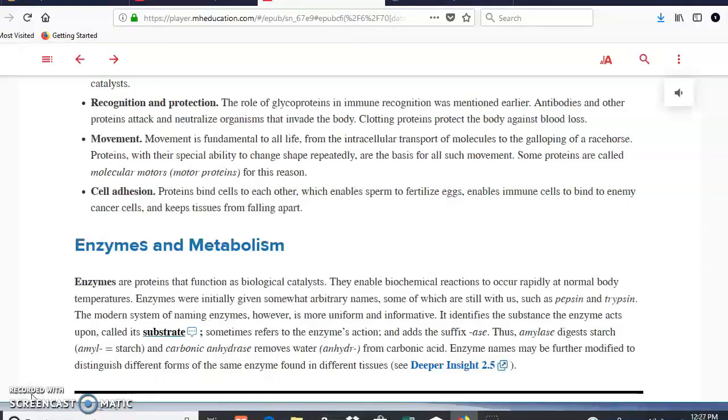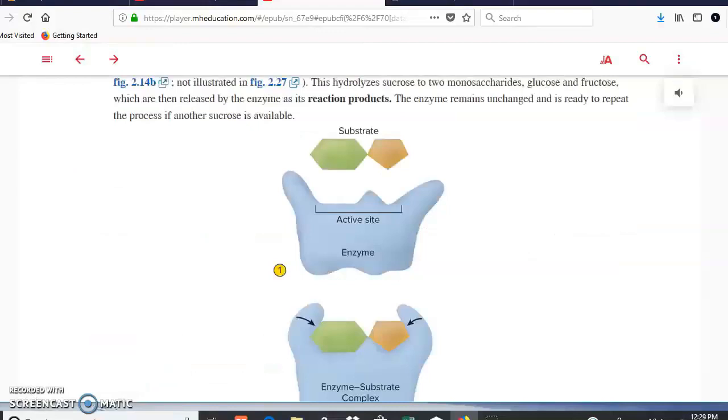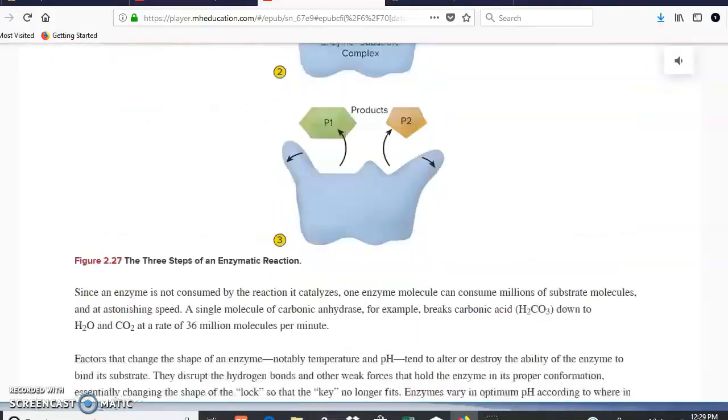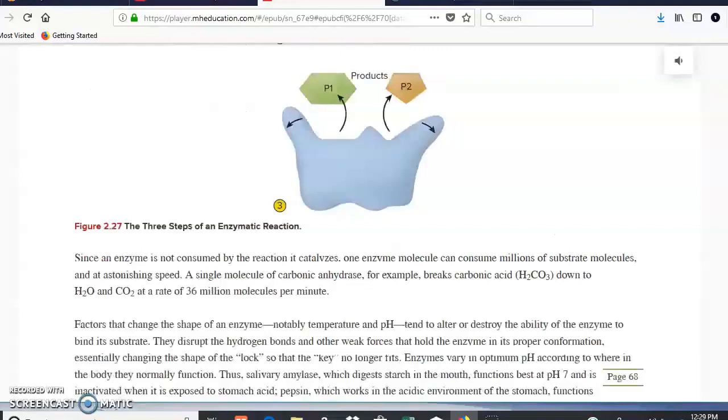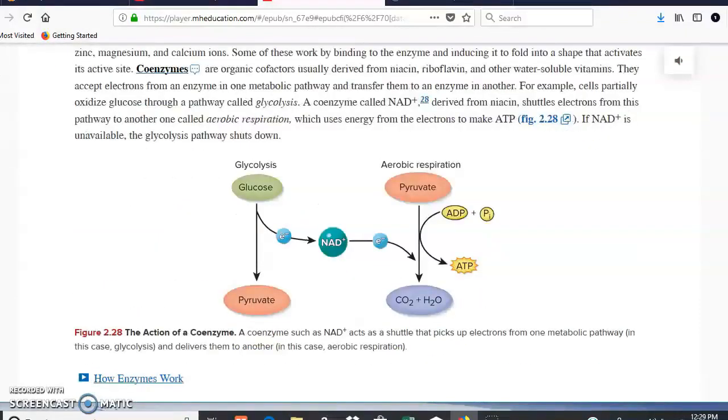In the case of enzymes, enzymes obviously are proteins. Enzymes have an active site where the substrates are going to go inside in order to get together or in order to be split apart. Enzymes need cofactors or coenzymes. Cofactors are inorganic, such as, for example, iron, and coenzymes are organic, such as, for example, vitamins. Cofactors and coenzymes are necessary in order for the enzyme to work. You see in there the enzyme with the active site and the substrate going in there. And also you have in there cofactors and coenzymes that we already mentioned in this part.